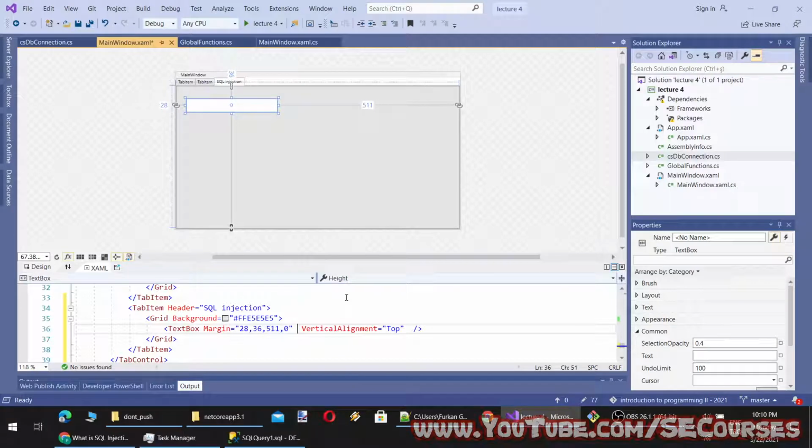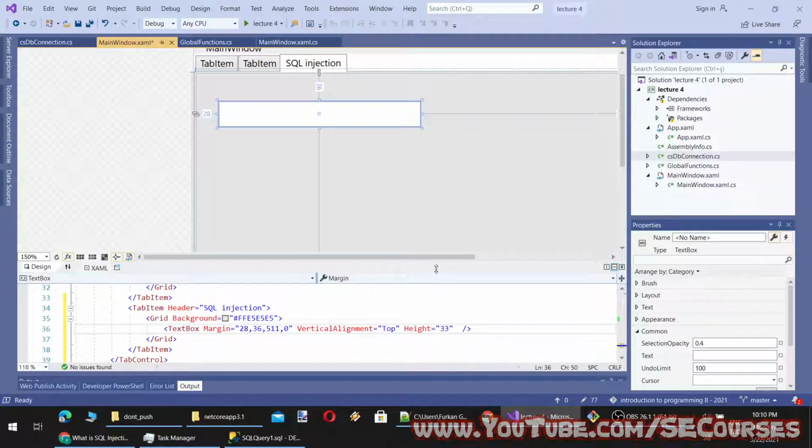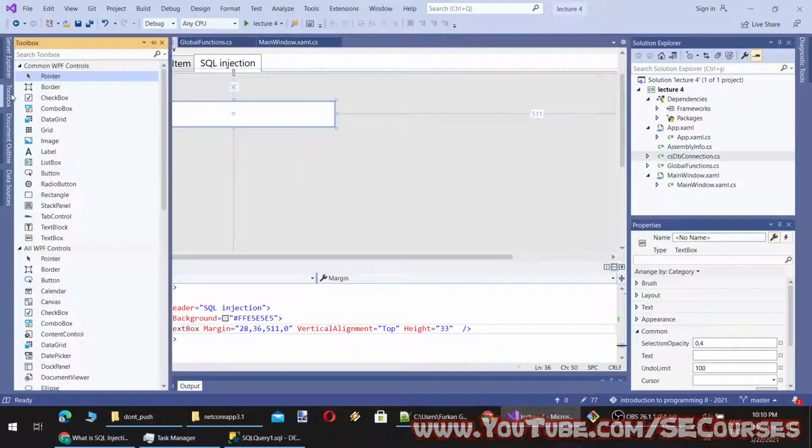If you don't define manual heights or widths, and set it with a margin, it may change according to your screen size. The design of the interface is something different, and I am not getting into that right now.